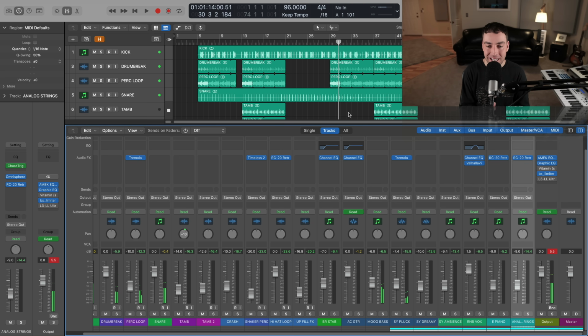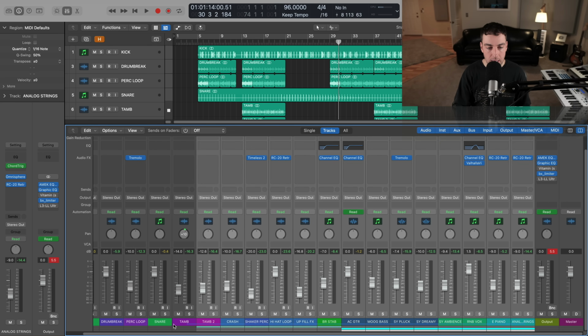All right, so that gives you a good idea of what we're working with there in my beat mix. Everything is balanced the way we want it, and we're jumping into mastering. Before we do that, the first thing we want to do is set up what's called a VCA fader. If you're not familiar with VCA faders, I have a video on gain staging that covers all this stuff in detail. I'll link that in the description that you can watch after this one.